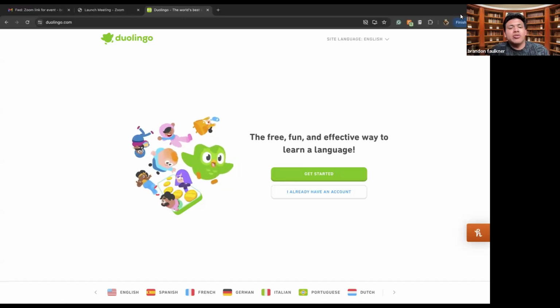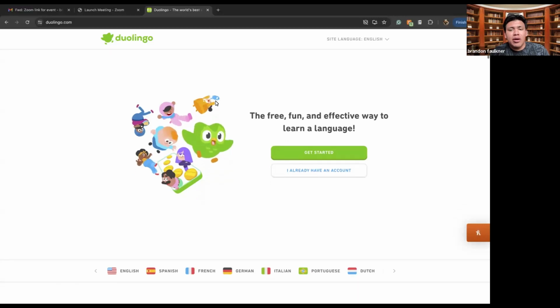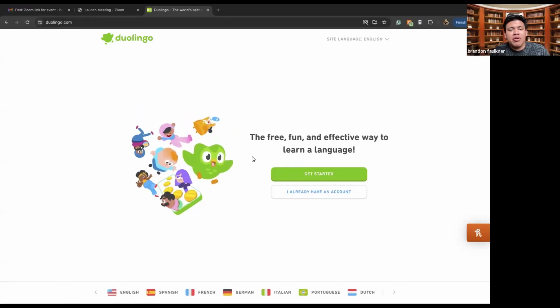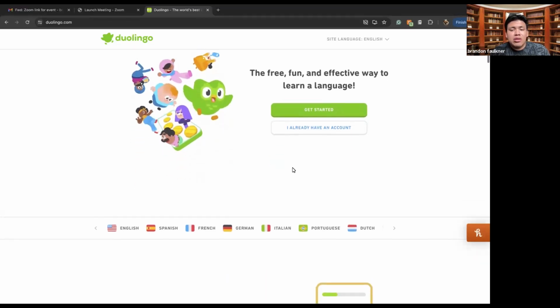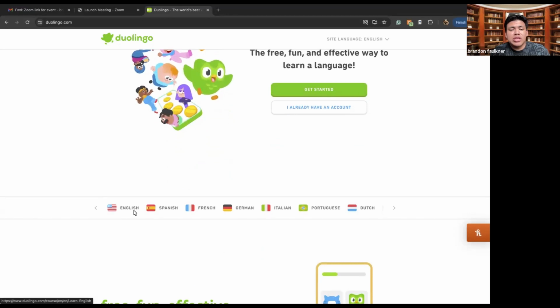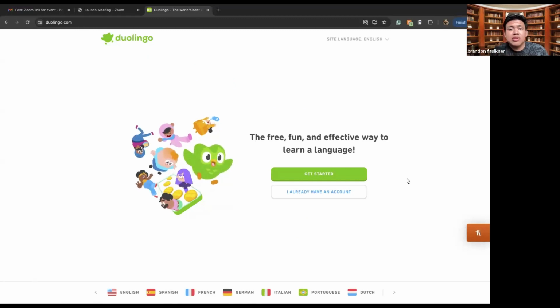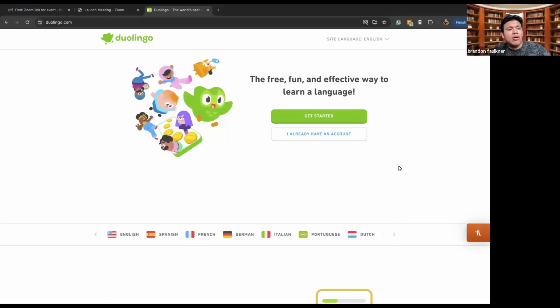So, taking a look now at Duolingo, we have a few different things that we're looking at. Right now we're looking at the main homepage that you'll access through duolingo.com. Essentially, what we have here is all the little characters that you'll be learning from, the most popular character being the Duolingo owl, and then you can see here the free, fun, and effective way to learn a language. So how the different languages work is essentially you have different languages like English, Spanish, French, German, Portuguese, and other things like that. I personally use Duolingo, where I'm currently learning Arabic,